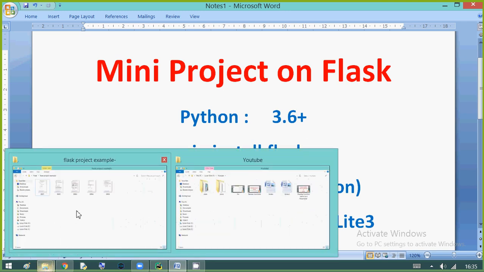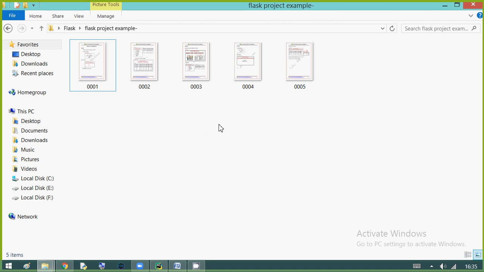Again, I am reminding, this is a simple project where all database operations like CRUD, create, read, update, delete operations can be performed, and how to link static files.